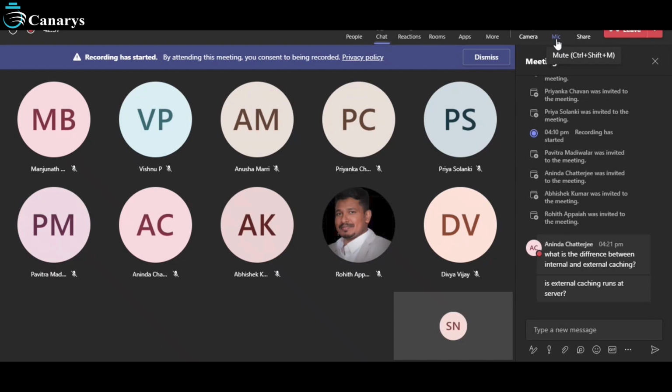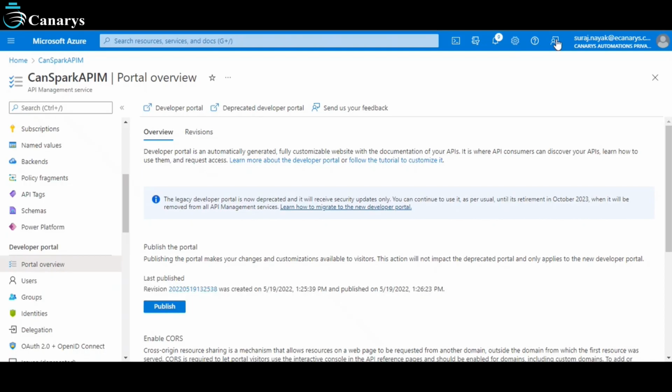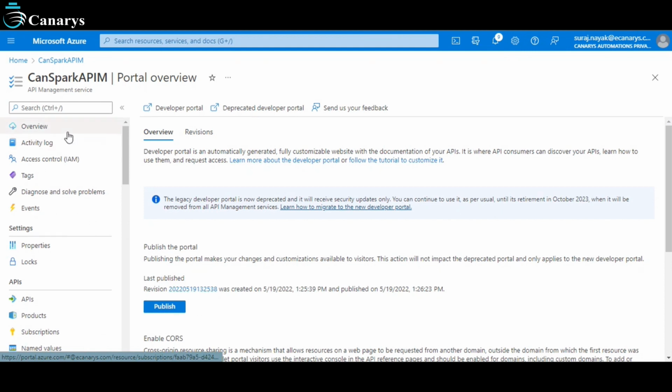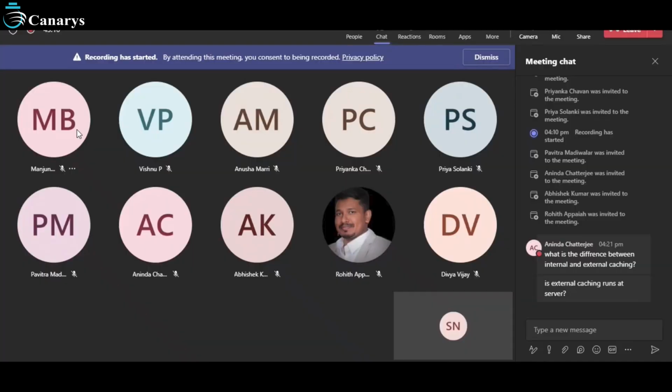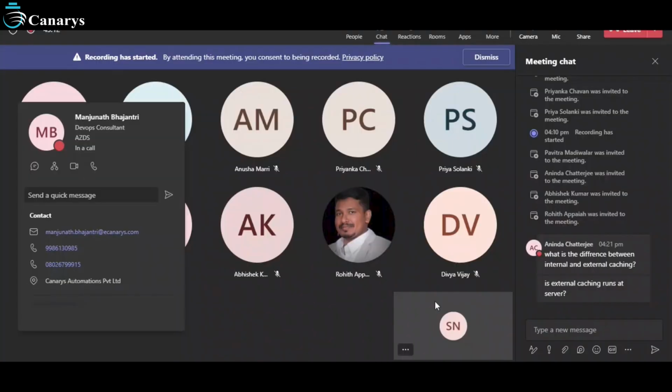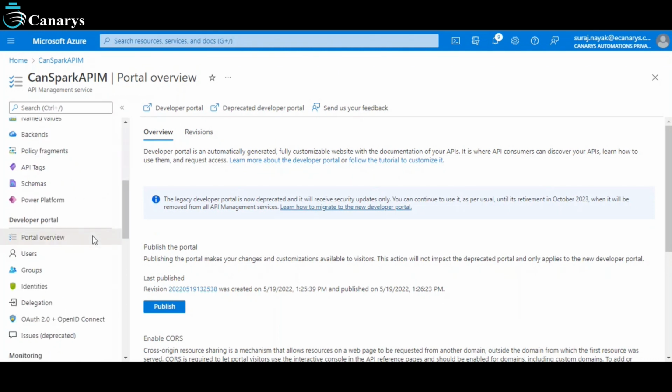Okay, so like I said, the internal caching is cached. So if you select an internal caching, the response of the cache will be stored within the API management instance. Okay. But if you select the option as external caching, right, you will be able to use a separate server or a database